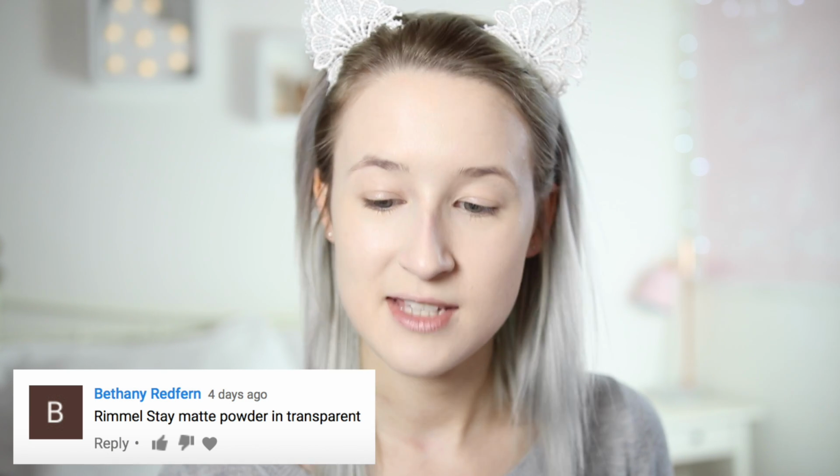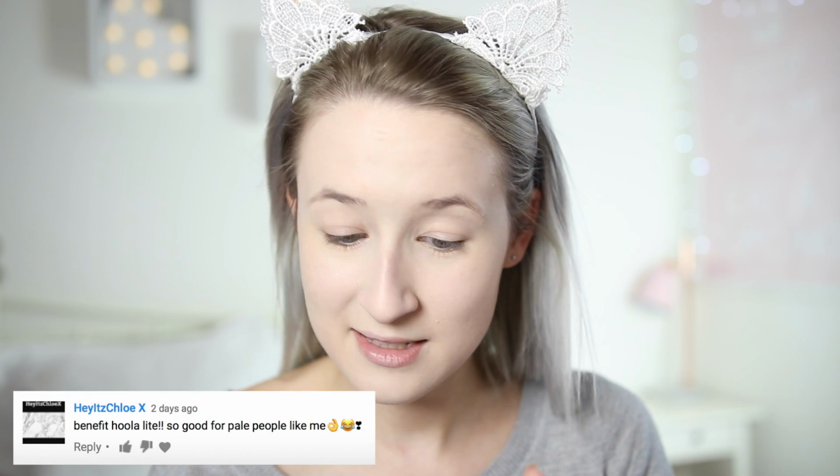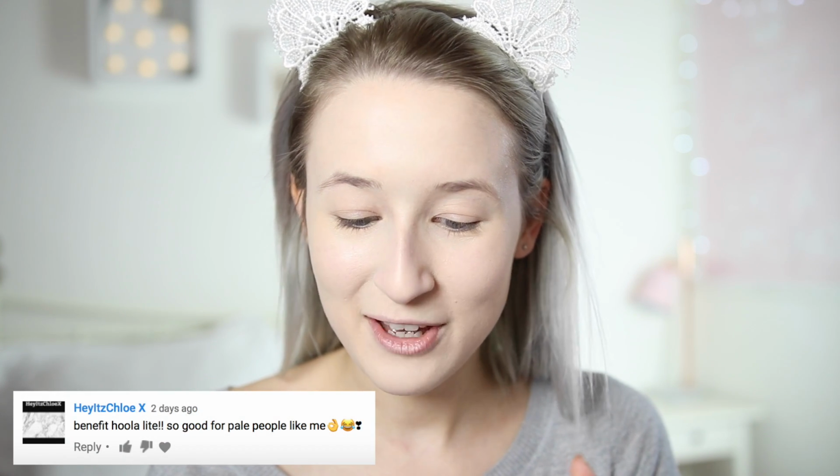Bethany Red Fern said Rimmel Stay Matte Powder in Transparent. It's my favourite one and I just feel like it works really well for me, so why would I buy another? But the next thing I have is from Hey It's Chloe X, and she says Benefit Hoola Light,